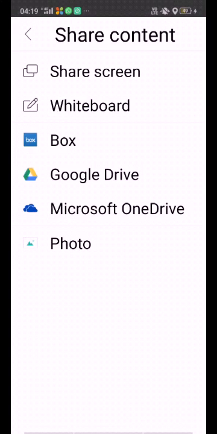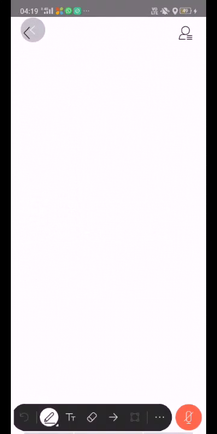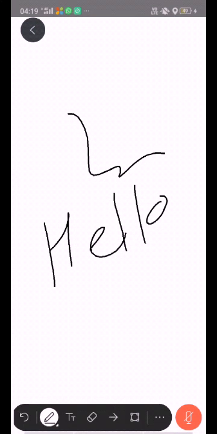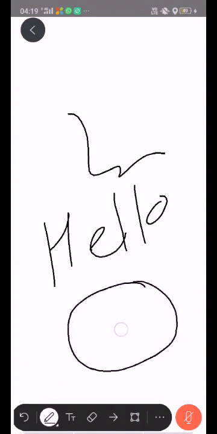You can also get a whiteboard. Whatever you write on that whiteboard will be visible to students. A maths teacher can draw a circle.